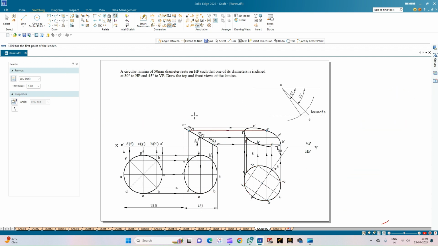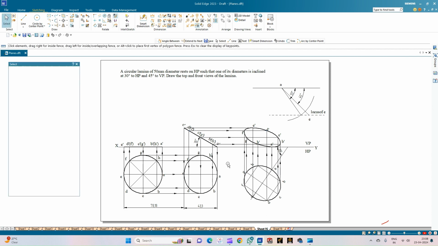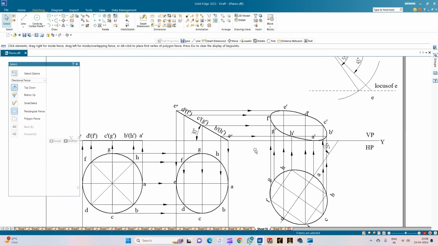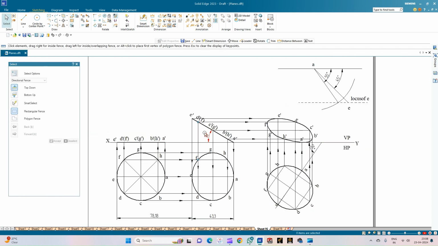So with this, we have completed the problem, which stated that there is a circular lamina resting on one of its diameter on the HP, and its diameter was inclined to HP at an angle of 30 degrees, and also it was inclined to VP at an angle of 45 degrees. So we have constructed the beta angle, and then we have completed the